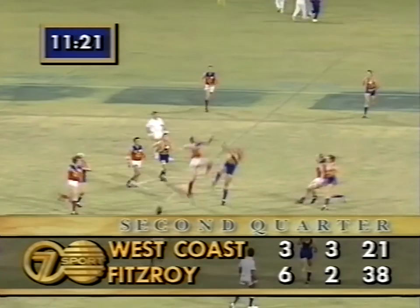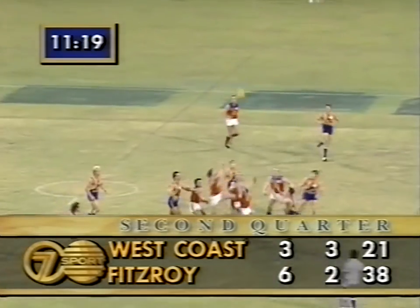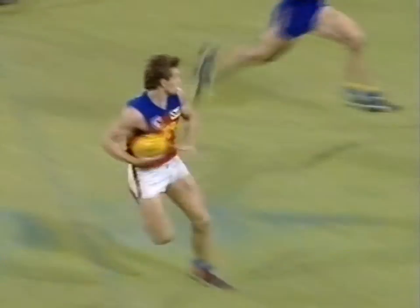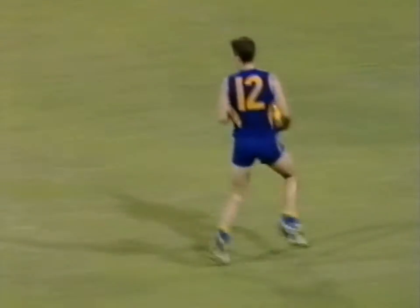Back to a 17-point margin of the WACA. Manson goes in very hard. Worsfold got a thump away. Boyd pushes it forward for Fitzroy. They're attacking. Lynch around the body, around the corner, and didn't squeeze it out very far. And White